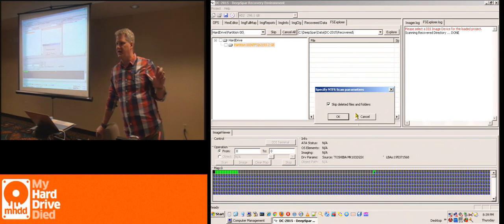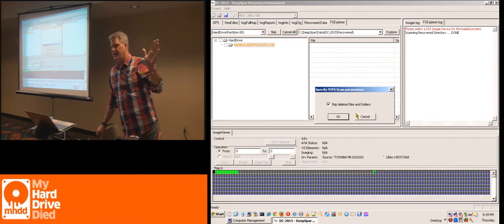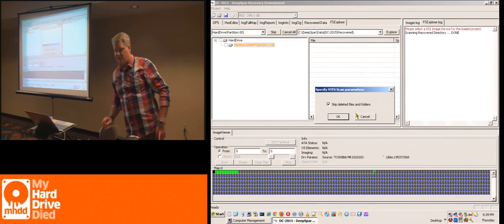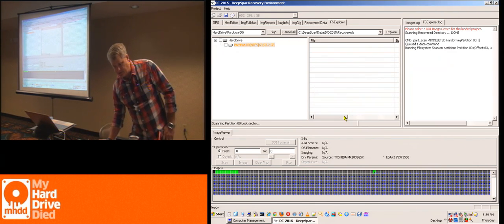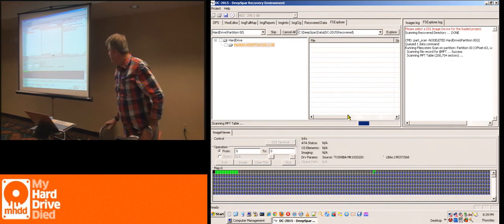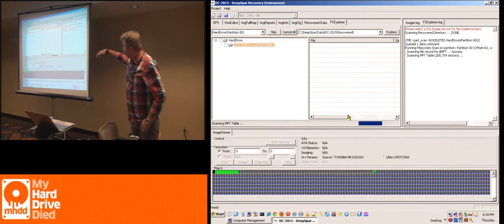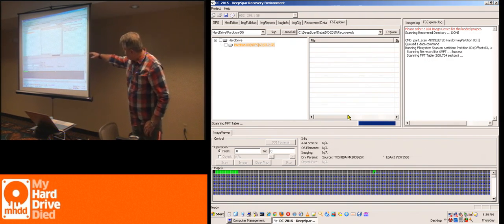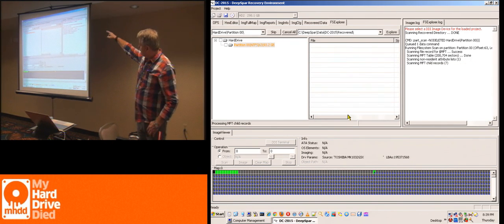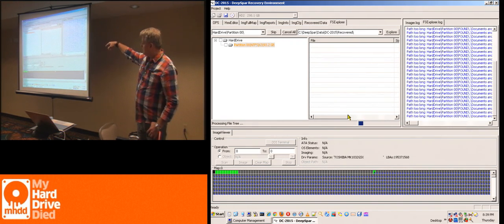These are not carved files. The MFT entries have a flag that says you deleted me, but I'm not gone. Do you want me or not? So that's what that means. So I'm going to leave those and say, OK. Now, it goes over there, and it parses all the MFT entries. So it's eating away at them. You see a little thermometer bar going across. It builds the records. Then it'll come up and